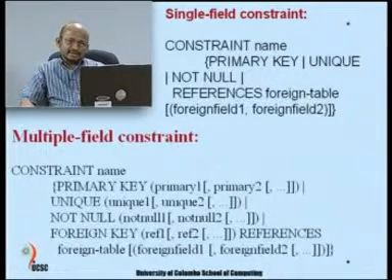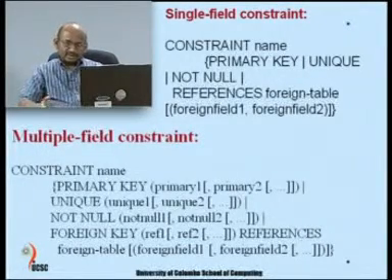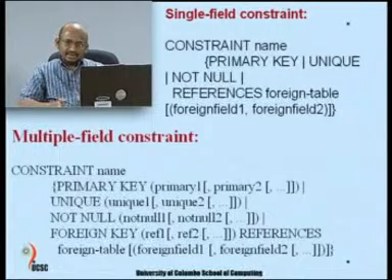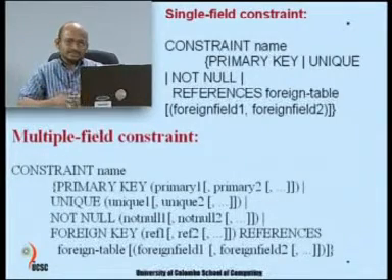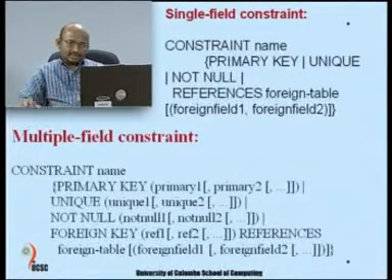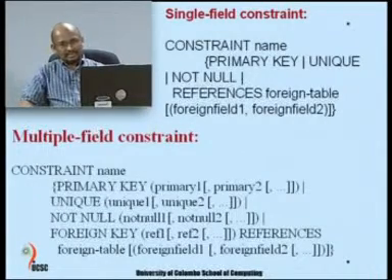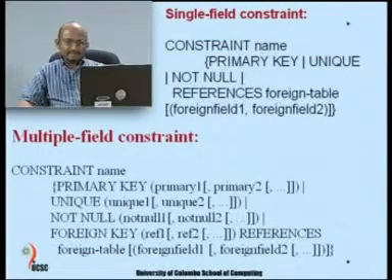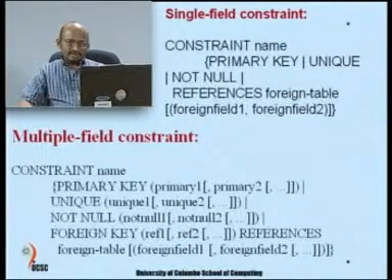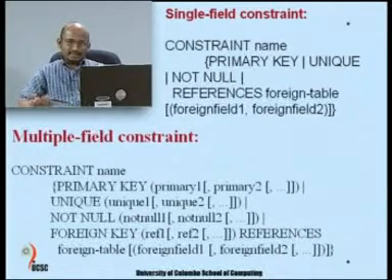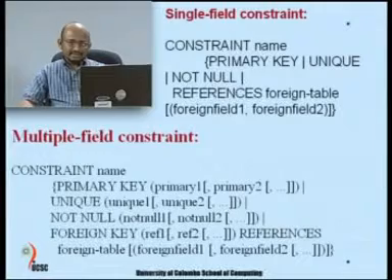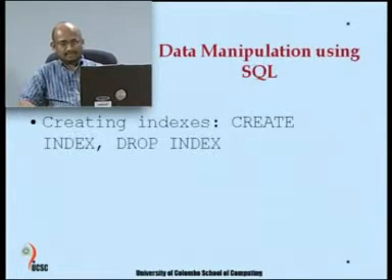So, the keyword constraint can be used not only for primary key and foreign key, it can be used for other purposes like not null or unique and so forth. So, the general syntax style with the use of such attributes is what is introduced here. So, you have a constraint, name of the constraint, then optionally you use one of them at a time, primary key or unique or not null or references with a referencing table and their attributes. So, that is what is given in this table.